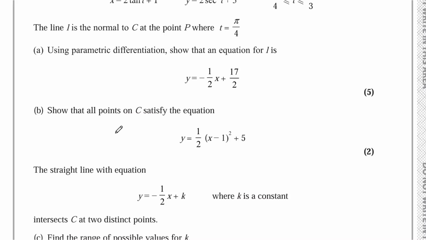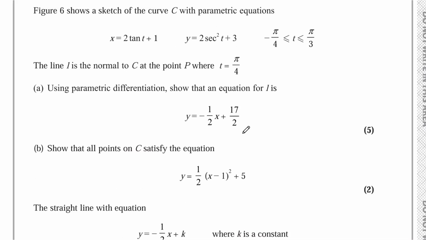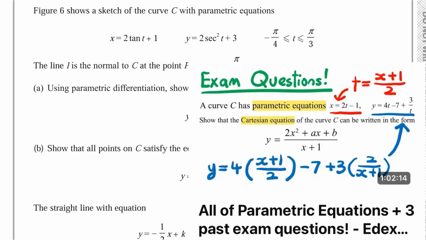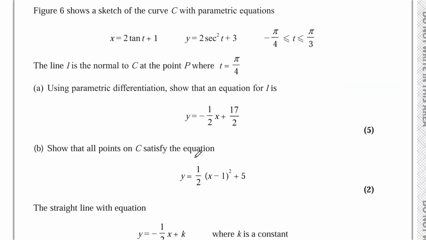Okay, and then for part B, we need to show that all the points on C satisfy this equation here for 2 marks. So this is just your bog standard parametric equations question, where you need to convert this parametric equation here into this Cartesian equation here. Now, a bit of a clue, there is a couple of ways that you can do this question that's mentioned on the mark scheme. A bit of a clue for how to approach it is here we have a tan and here we have a sec squared, and this is a clue that we need to use the identity that